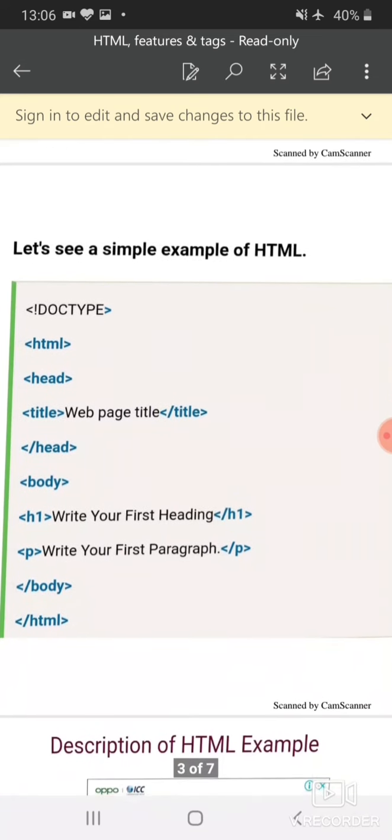Let us see a simple example of HTML. It starts with doctype, and now there is a tag HTML. All HTML documents start with the HTML tag, and every tag in HTML has an opening as well as its closing at the last. Now there is another tag, that is head, which has also closed. Between the head there is a title tag, and between the title tag you have to submit a suitable title for the web page,